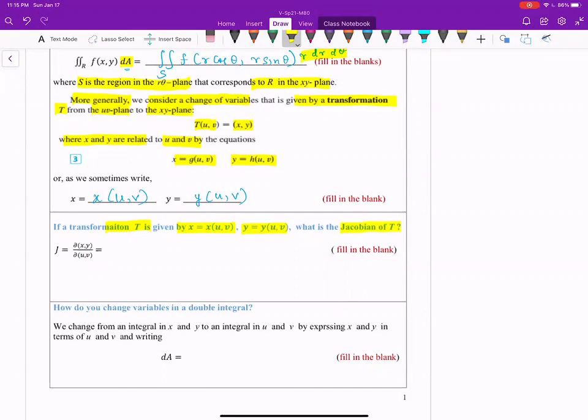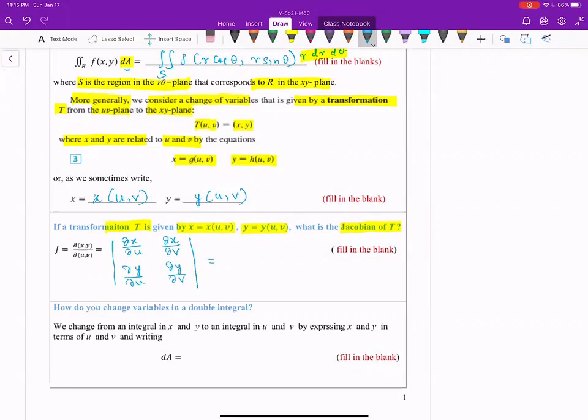The Jacobian of T is given by J, letter J, which is partial (x, y) over partial (u, v), or dou (x, y) over dou (u, v), which is the second order determinant: partial derivative of x with respect to u, partial derivative of x with respect to v, partial derivative of y with respect to u, partial derivative of y with respect to v,